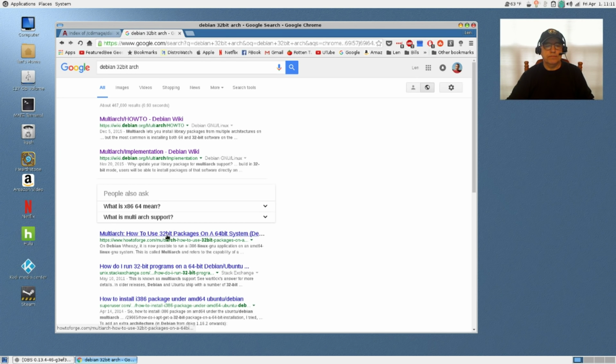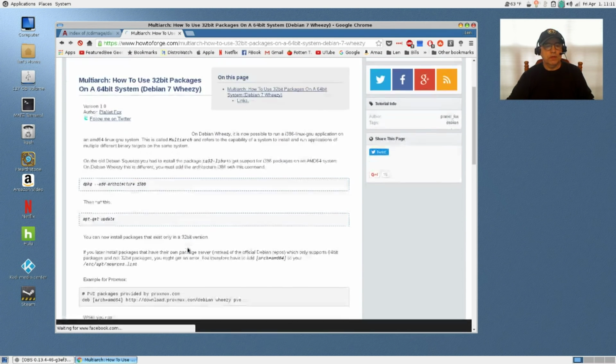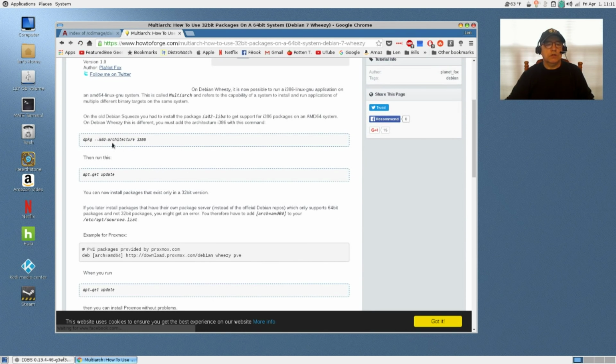Now, let's see how this page, okay, so it's pretty easy. You're going to copy and paste this command. If you're running 64-bit, you're going to go to a terminal, you're going to copy and paste. Before you do your update, you want to enable 32-bit architecture. This is the command you'd use right here.